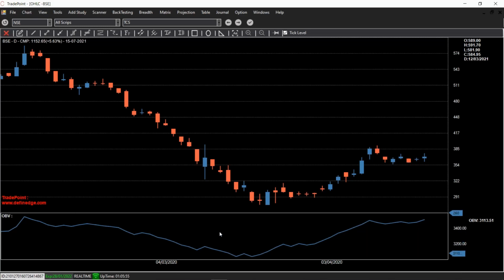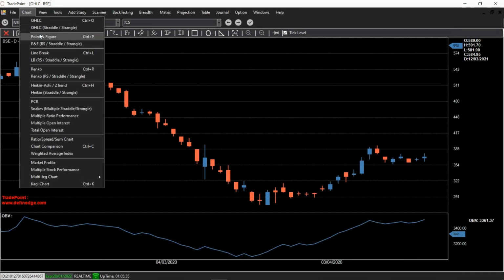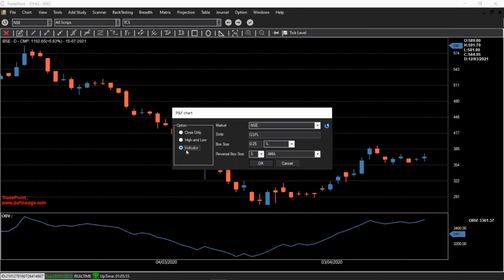So this is like a line chart itself. Like we read a line chart, we can add indicators on it, but only reading a line chart might have some kind of limitations. We can't really read patterns properly. So a very good way out is to plot noiseless charts such as point and figure, Renko, line break, etc. on this indicator, using this indicator as an input. Recently we have done this. If you open a point and figure chart and you click on indicator here, now you'll have different indicators in the list. I'll talk about all the other indicators in a separate video, but let's select OBV.